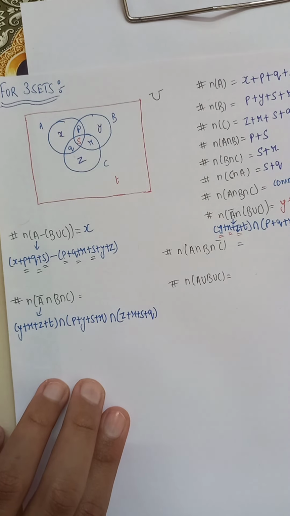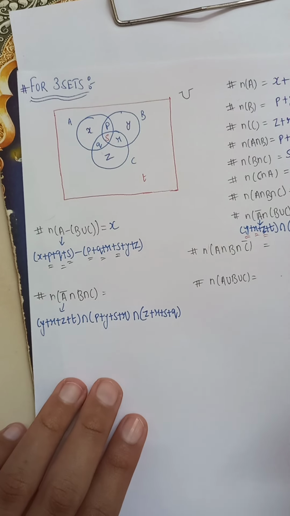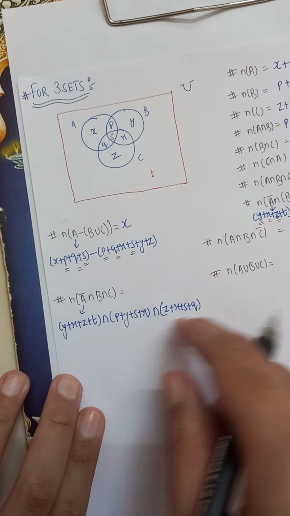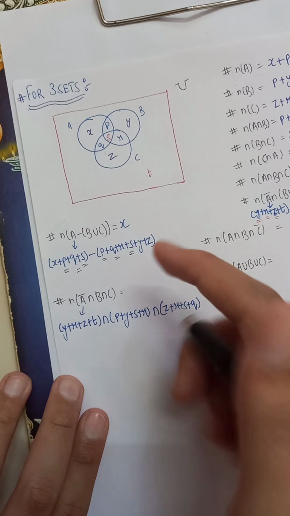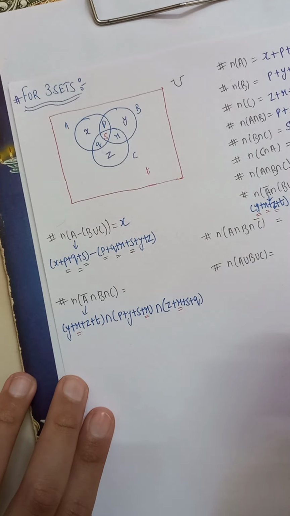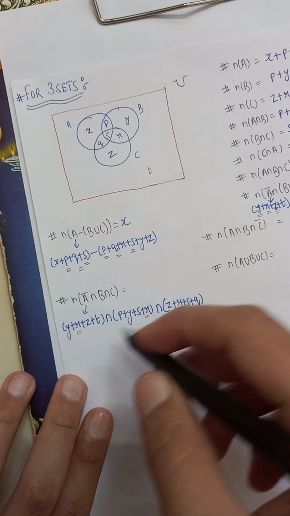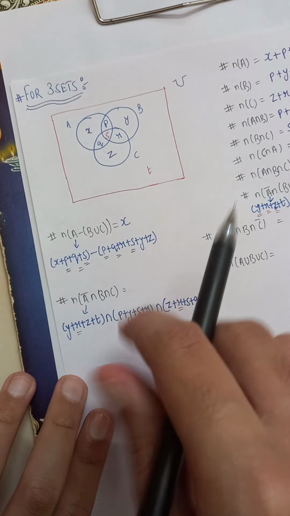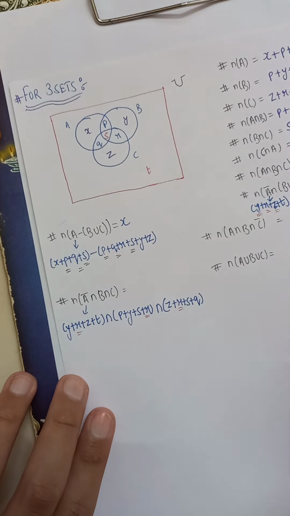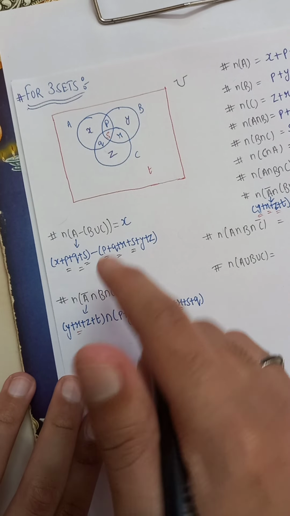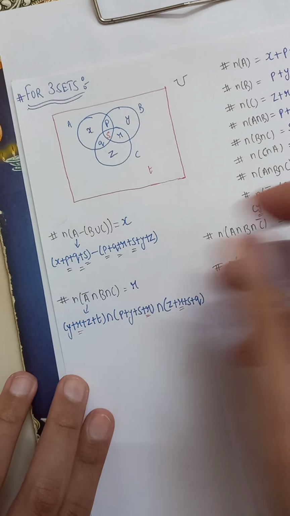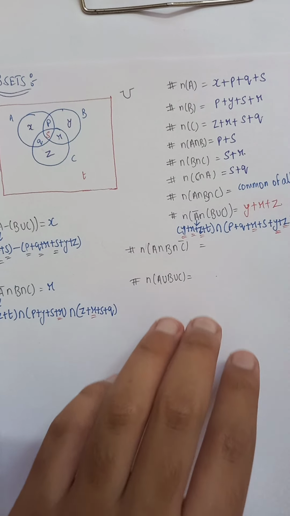Okay, so now what are the common elements present here? You need to check the common elements which are present in all three of them. I see R is present in all three of them. Any other? Y is only present in two of them. P is only in one. Z is present in two of them, and T is only in one. So the only element which is present in all three sets is R. So therefore the answer is R. Okay, so I hope you understood how I calculated it.